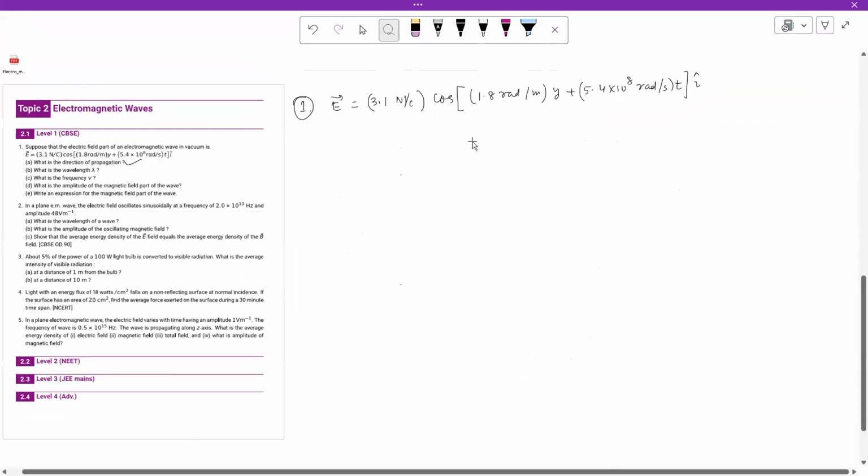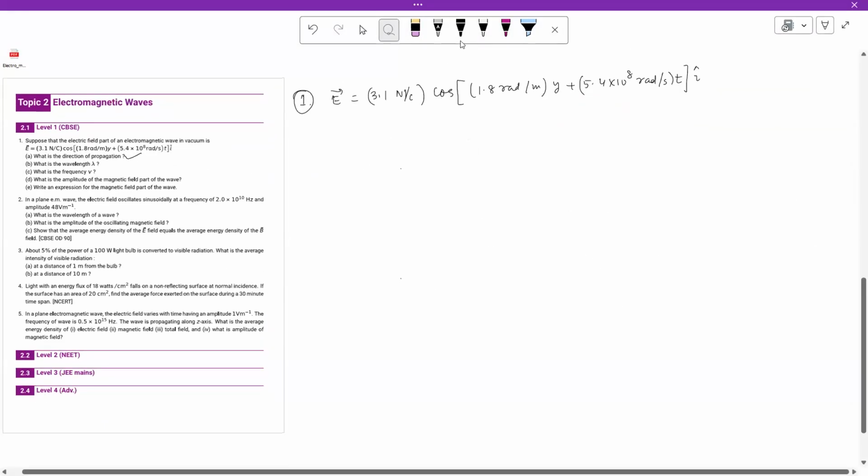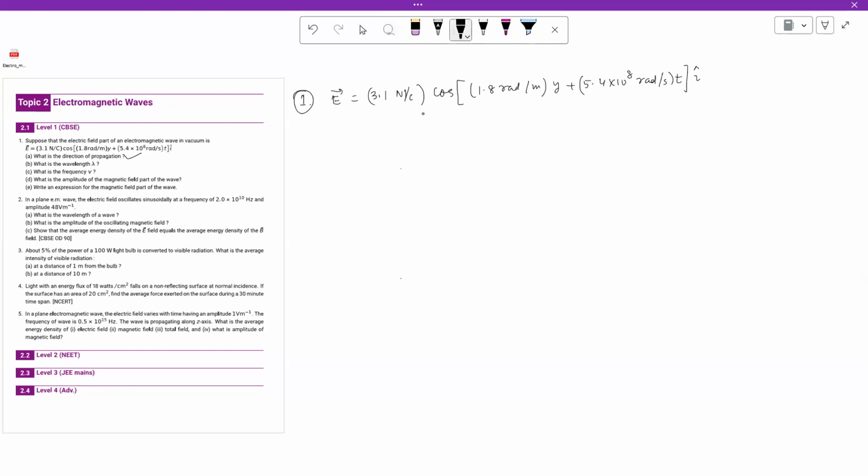So the electric field form is given. If we compare with the general form, this is E naught cos of kx or ky. In this case, this is ky plus omega t. So propagation,